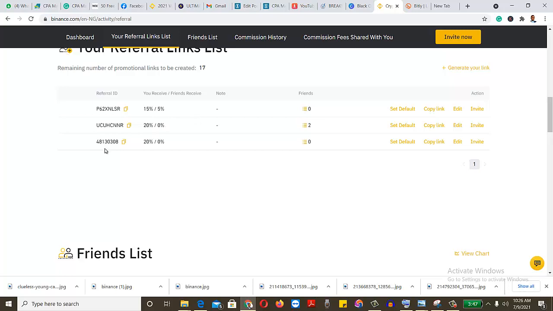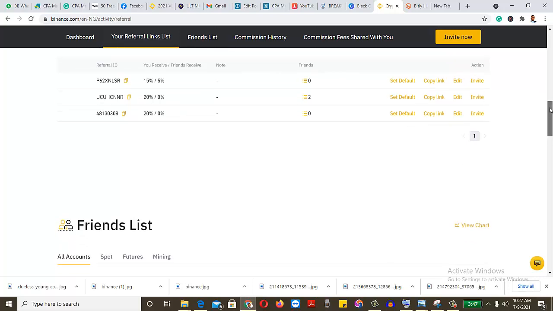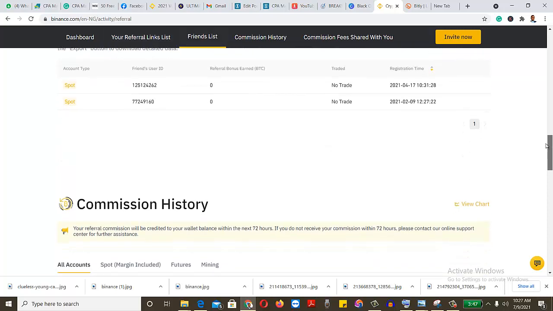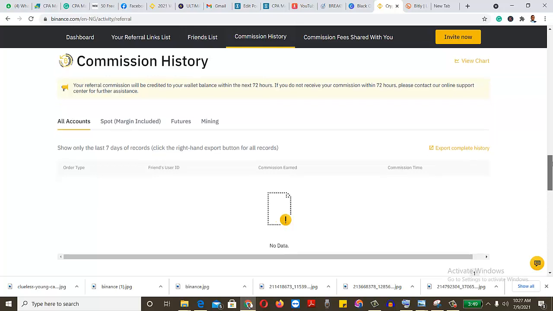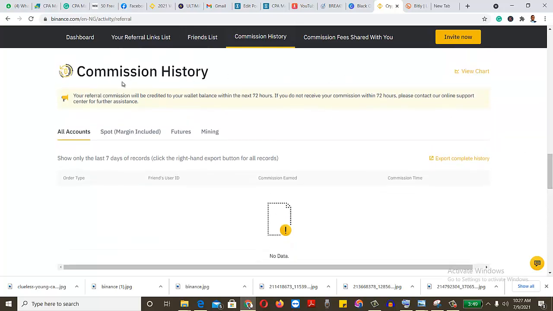And this other one, 30308, is at 20% I receive, 0% friend receive. But the new one that I just created is 15%. That is P62XNLSR, 15% I receive and 5% friend receive. So you can scroll down and see the people that have clicked on the link, because I have not been promoting it. Okay, so commission history, if I have earned any commission here, you are going to be seeing it,